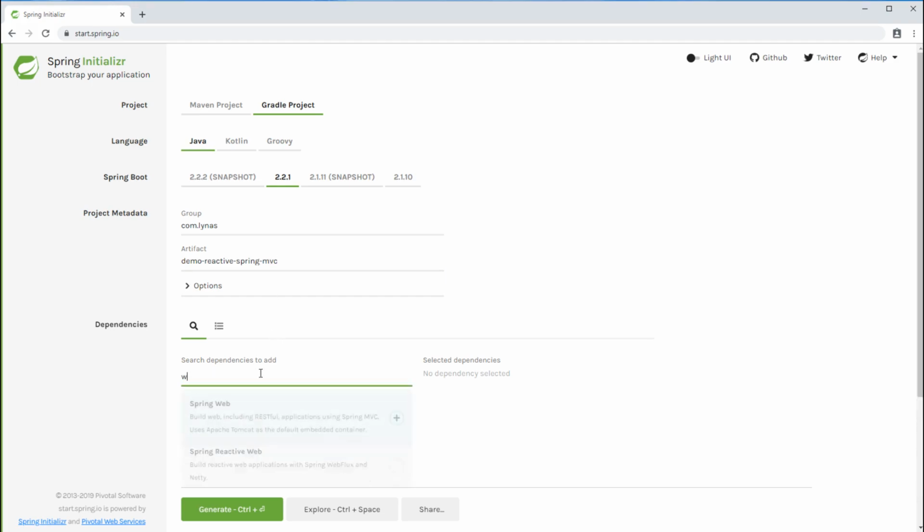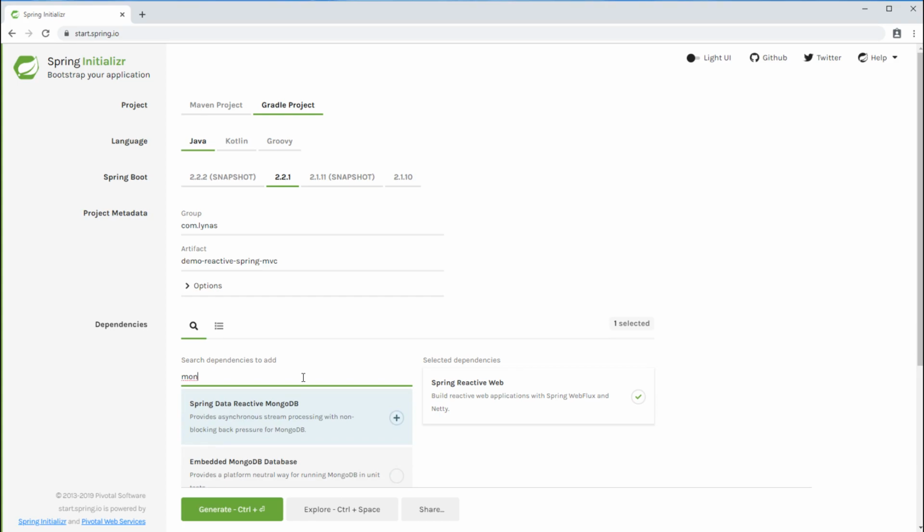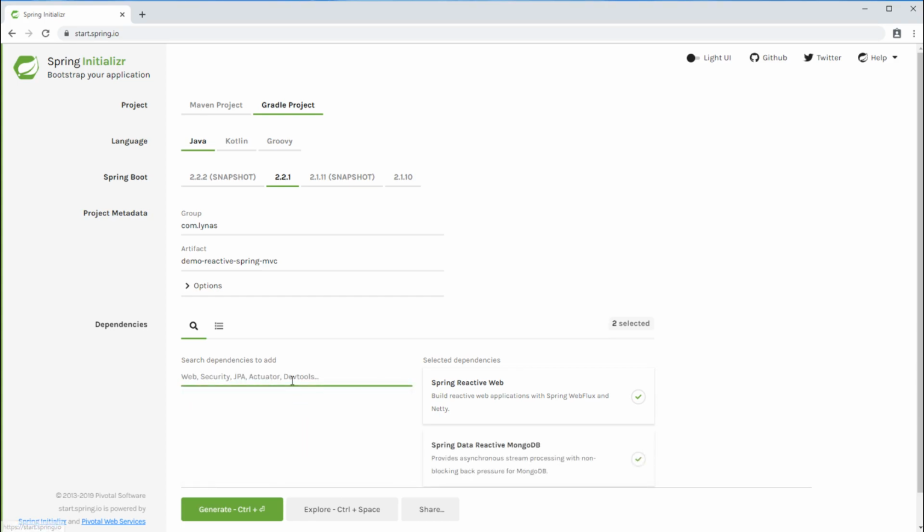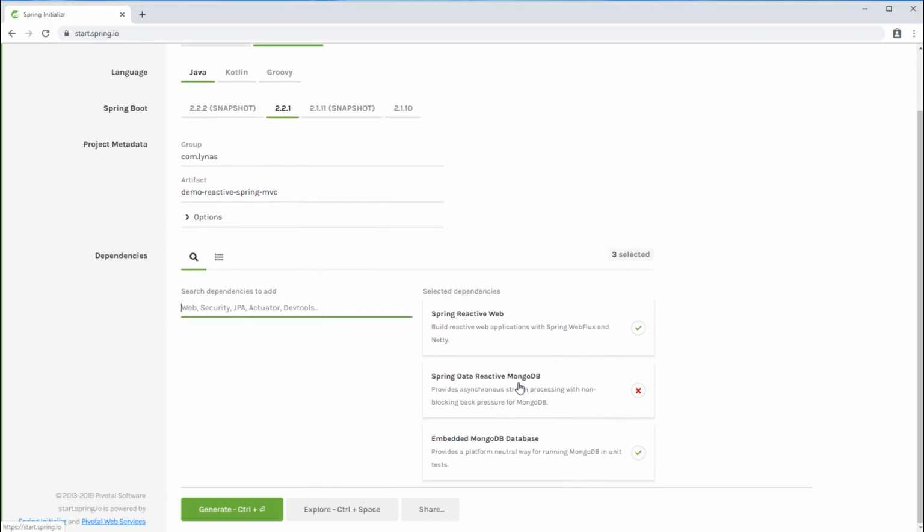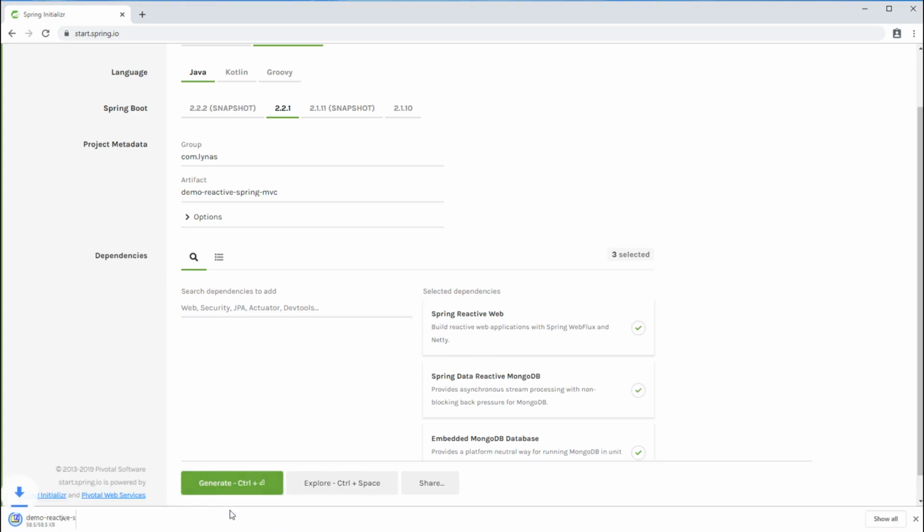and I'm gonna select web. In this case I'm gonna use reactive web and use MongoDB and embedded MongoDB. So the reason why I'm going to use the reactive MongoDB, because as of now there is no reactive JDBC driver for MySQL, so I'm going to use MongoDB. So let's generate,